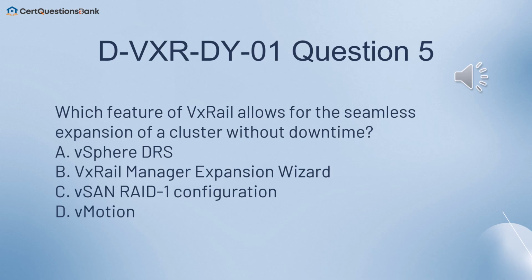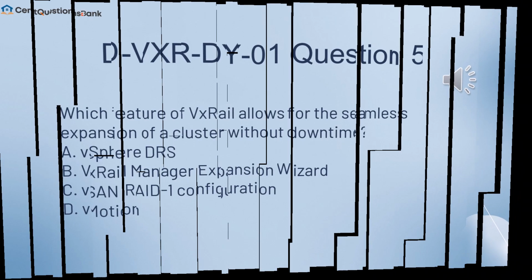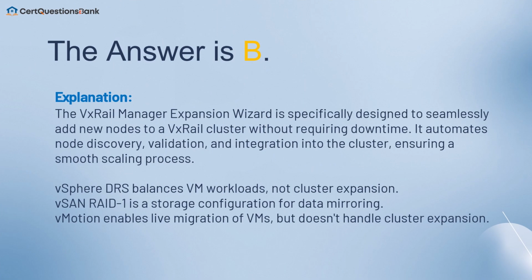Which feature of VxRail allows for the seamless expansion of a cluster without downtime? A. vSphere DRS. B. VxRail Manager Expansion Wizard. C. vSAN RAID 1 configuration. D. vMotion. The answer is B. The VxRail Manager Expansion Wizard is specifically designed to seamlessly add new nodes to a VxRail